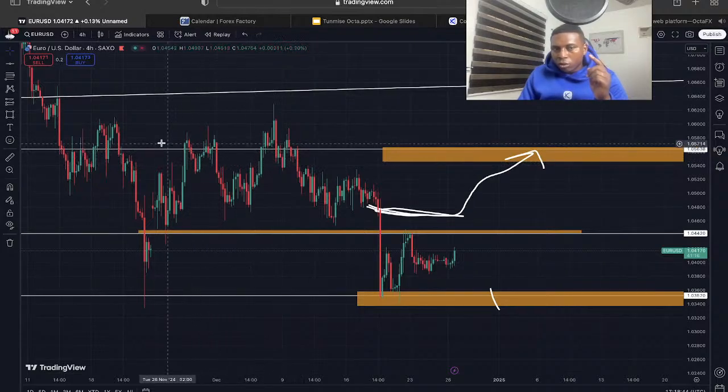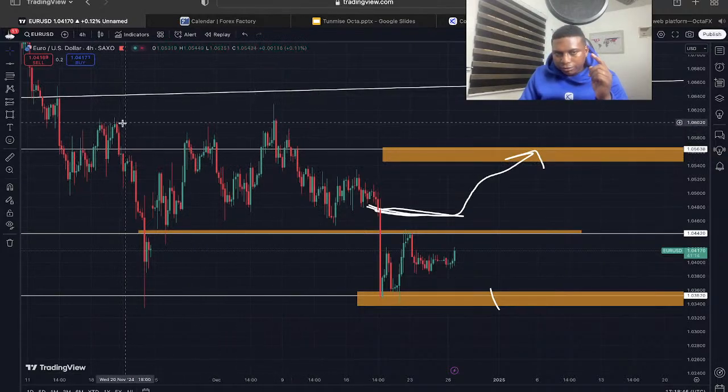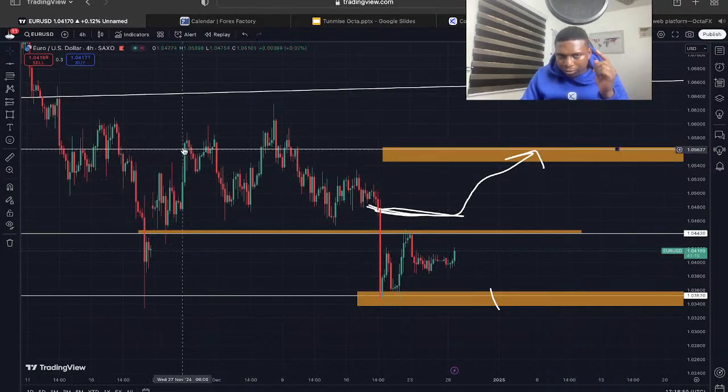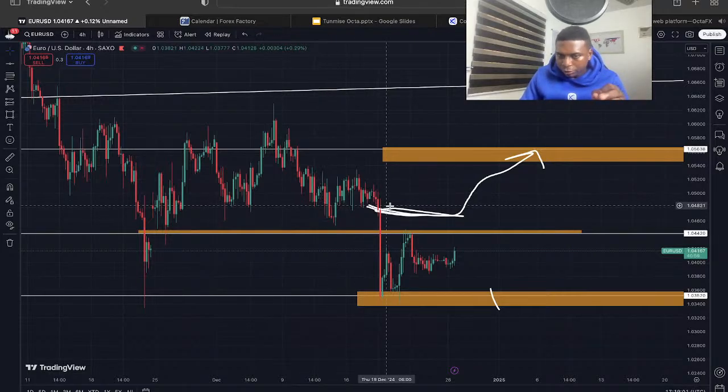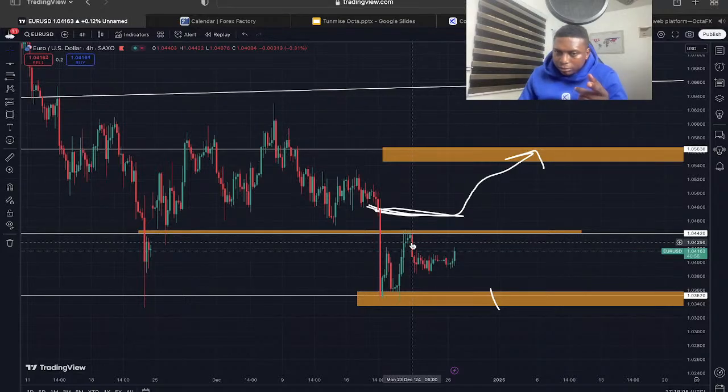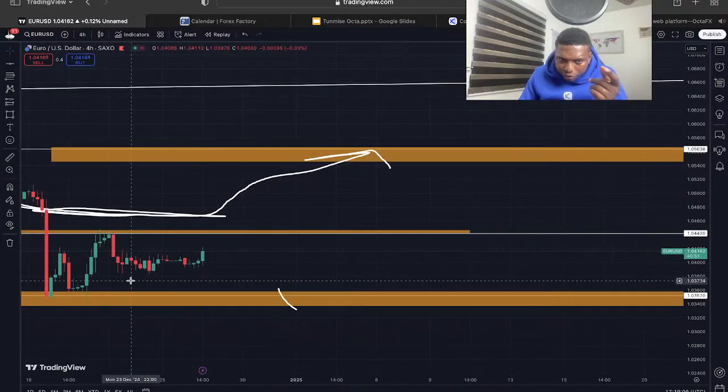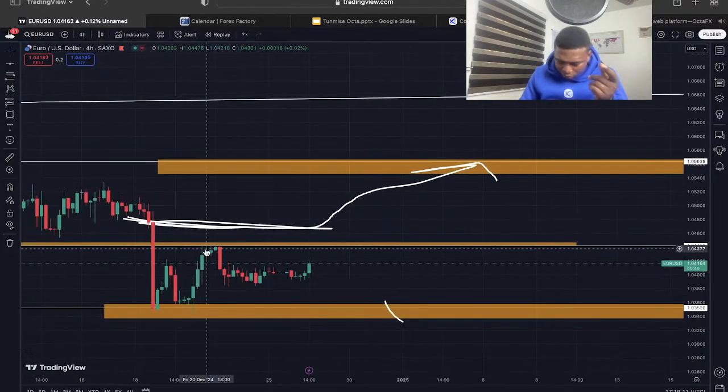Okay, these are levels because you can see that price got there and turned around, price got there and turned around, price got there and turned around, right? So those are levels that you are to watch. When you look closely here now, this is a level already being created, because when price got there on several occasions, it was rejected,